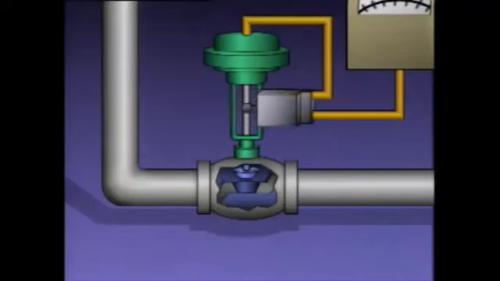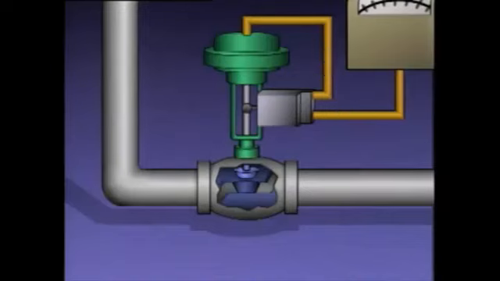If we move the positioner to one side, we can see that a mechanical linkage joins the valve stem to the positioner. This linkage, often called the feedback linkage, indicates the valve's position to the positioner. When the process variable in this system needs to be adjusted, the controller sends a pneumatic signal to the positioner. Then the positioner regulates the separate supply of higher pressure air to the actuator to move the valve to a